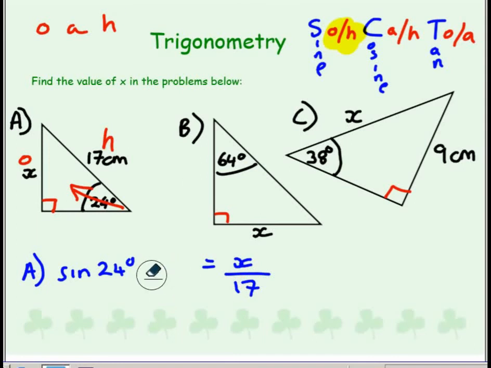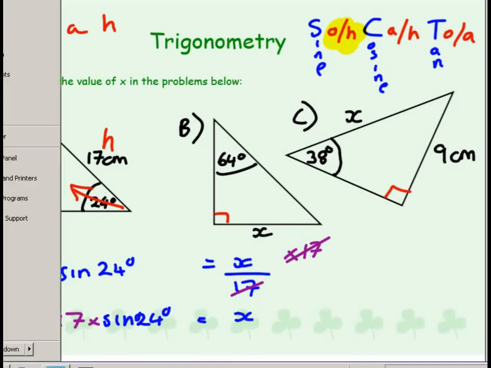Let's get rid of that now. I'm trying to find out what X is. How do I make X the subject? How do I solve this equation? Well, I multiply both sides, the whole thing, by 17. These cancel out. And on the left-hand side, you've got 17 times sine 24, and that equals X. And then all you have to do now is find your calculator